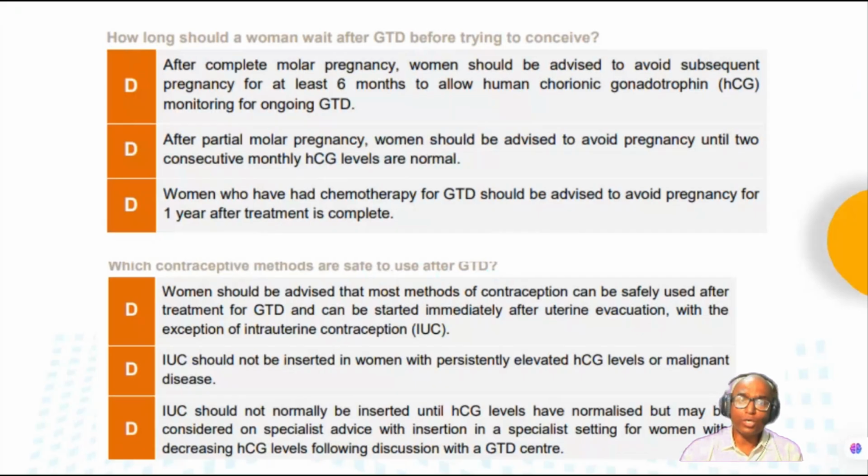Then which contraceptive methods are safe to use after GTD? There can be a question either from FSRH or from the GTD guideline regarding the contraceptive methods. Women should be advised that most methods of contraception can be safely used after GTD and can be started immediately after uterine evacuation, with the exception of intrauterine contraception. So IUCDs are contraindicated immediately after GTD treatment. IUC should not be inserted in women with persistently elevated HCG levels or malignant disease, and IUC should not normally be inserted until the HCG levels